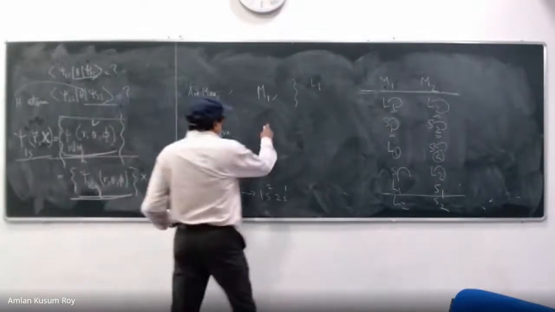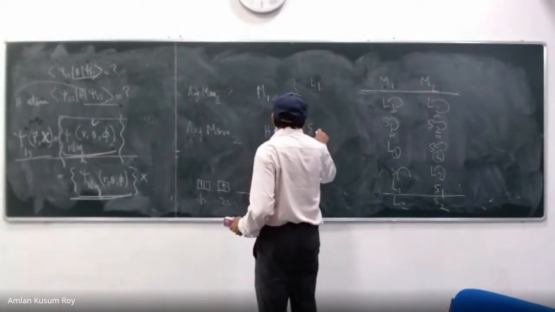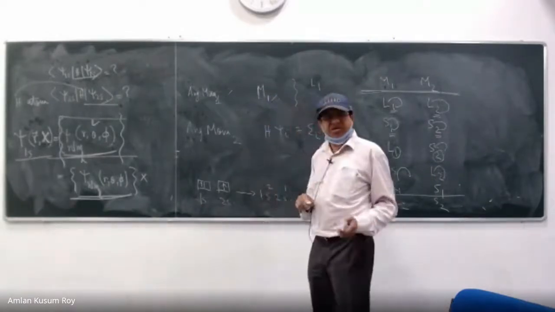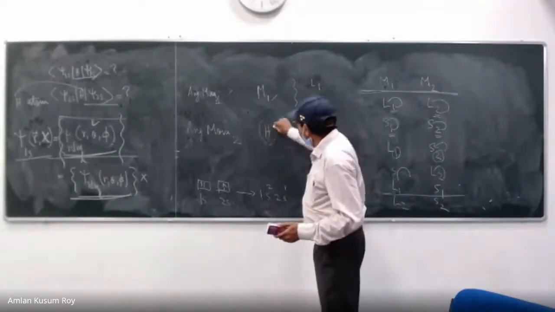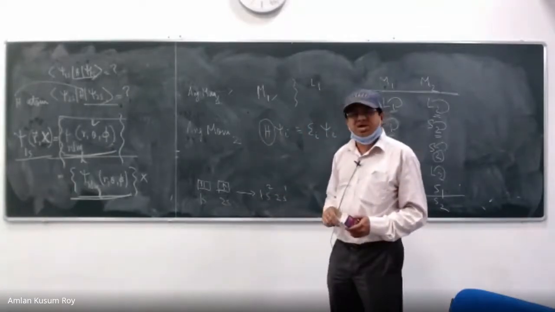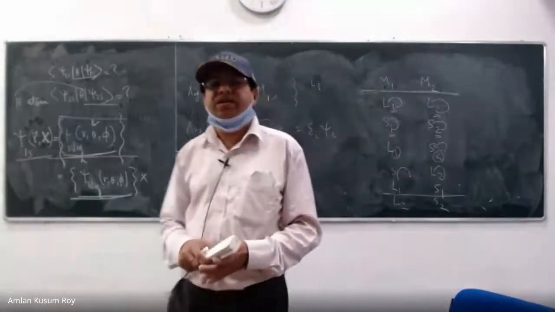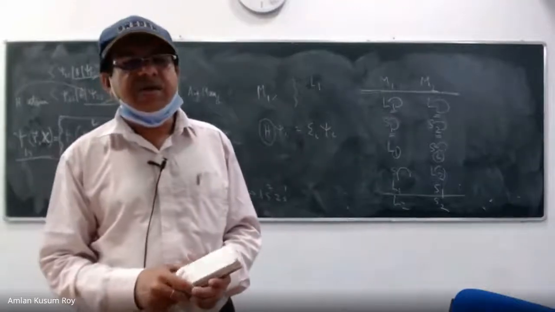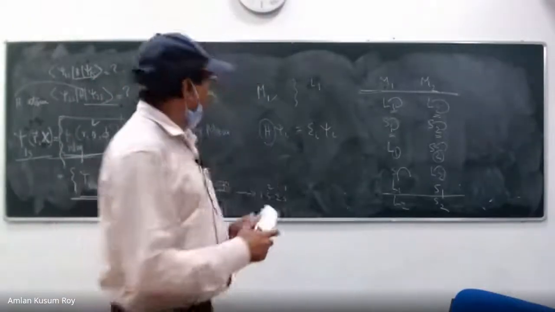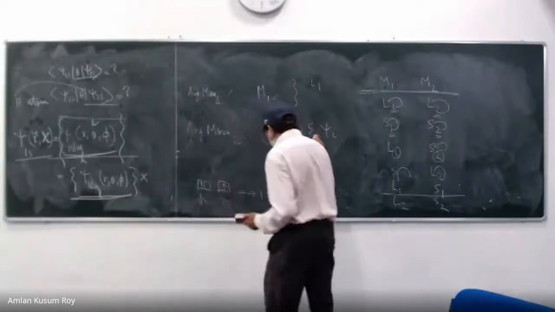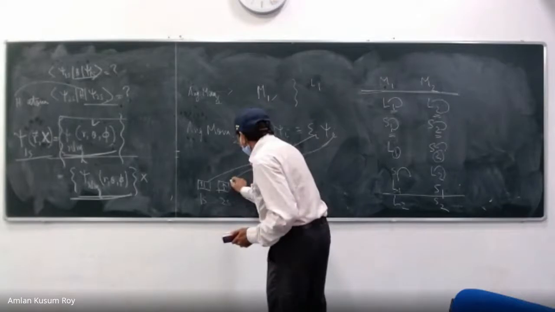Let us see. H psi_i is equal to epsilon_i psi_i. The same equation I will solve for the lithium atom, but with the Hamiltonian appropriately changed for the lithium atom, not the hydrogen atom, right? So once I solve this, what do I get? I will get the orbitals. That is how your 1s will come, your 2s will come.